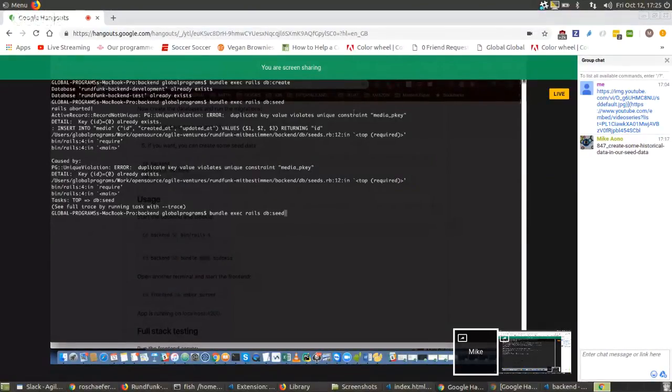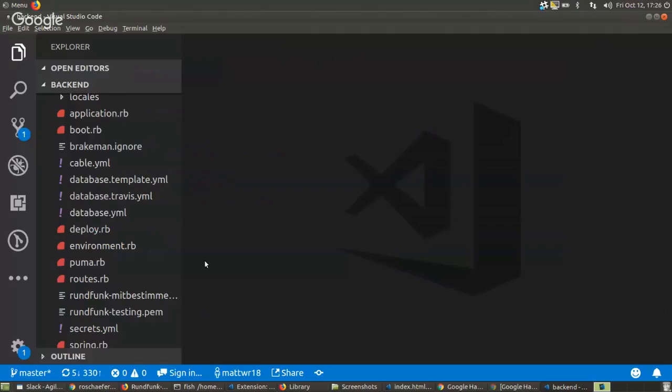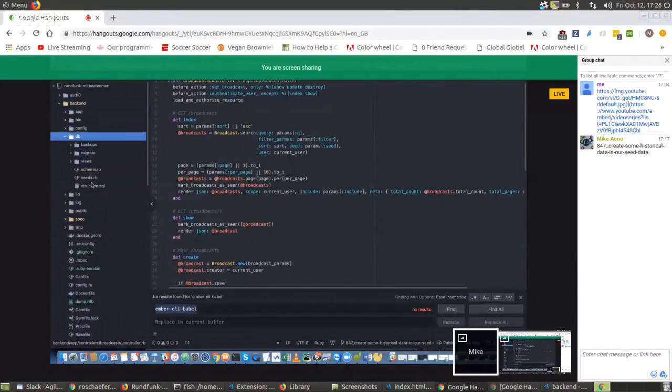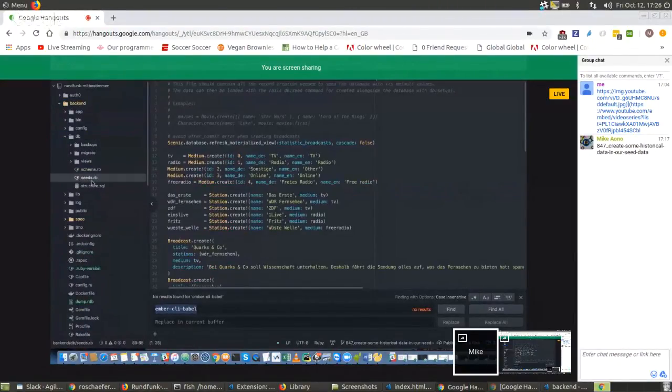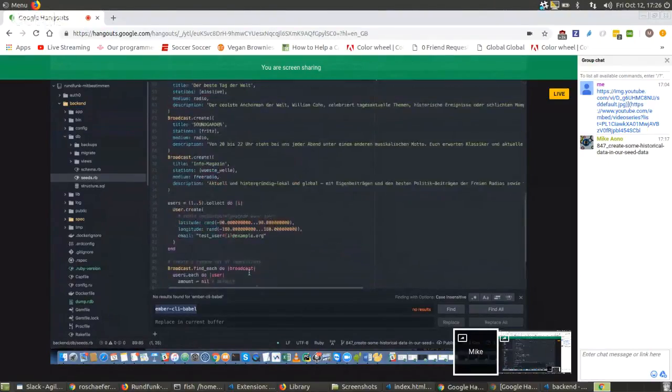Yeah, it said it already exists. Okay, cool. But then it fails when you try to do the seed. There's a slight difference between bundle exec and bin slash Rails, but since he's using bin slash Rails, I think it fails because maybe I added something in the seed backend.